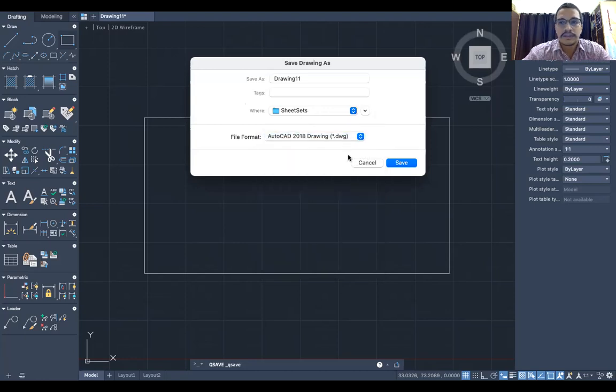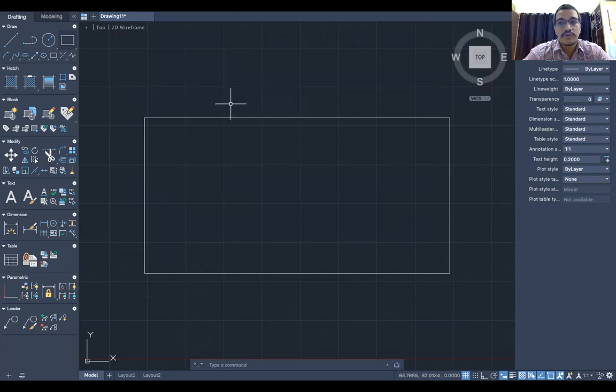In the last session as well, I have already told you the extension for the AutoCAD drawing is .dwg, very important. Or you can use save as if you want to create a copy, or you want to save to another folder too.